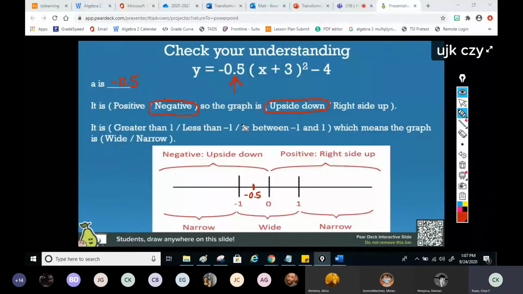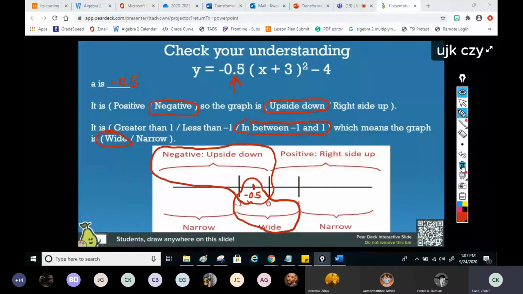And then it is in between -1 and 1, so the graph is y, okay? So right here, this is y because it's in between -1 and +1. And then it is also upside down because it's a negative number. All right, so this one, it's